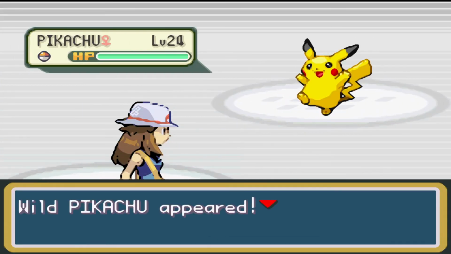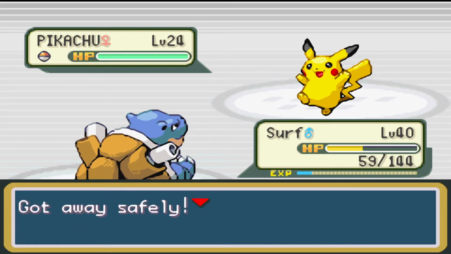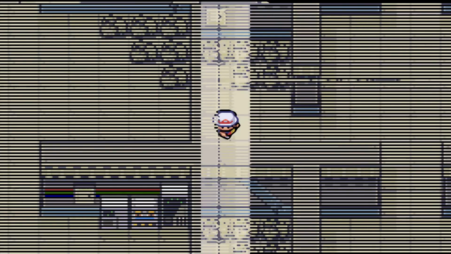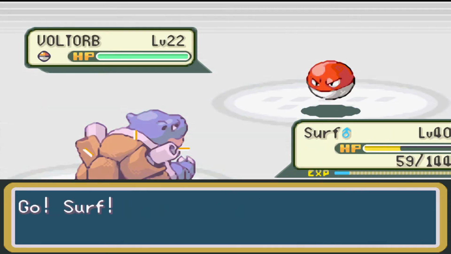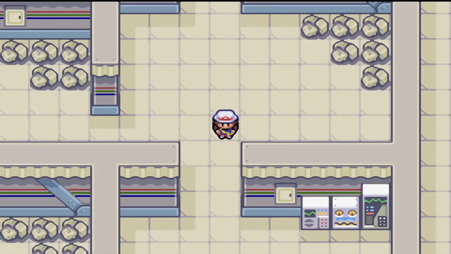There's another Pikachu. They come out at a 25% encounter rate, so they're fairly popular. Fairly common in this area, unlike Viridian Forest where they're a 5% encounter. So if you didn't catch one there and you want to catch one, you're probably better off catching it here. The Voltorb, we're just going to keep running away from these wild encounters, but I'm not going to use Repel just yet,